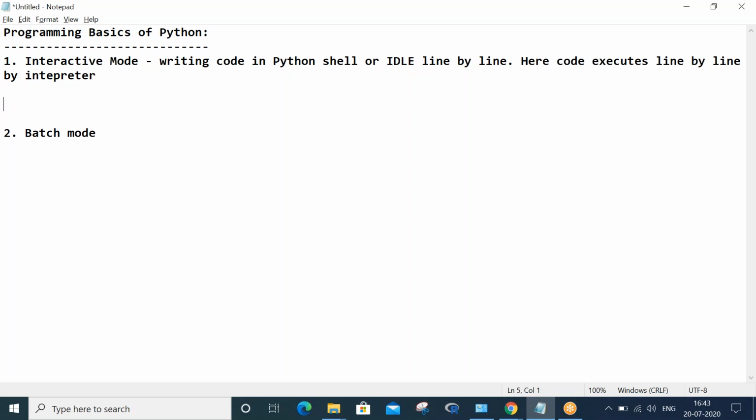Okay, in which places can we do interactive coding? Interactive coding can be done in two places. One is Python interpreter, the other is Python IDLE. So let me show you these two things.